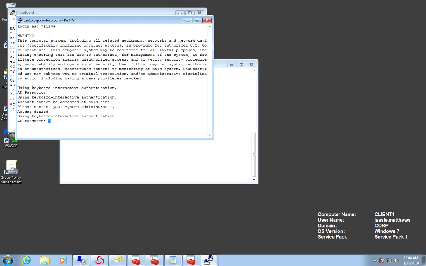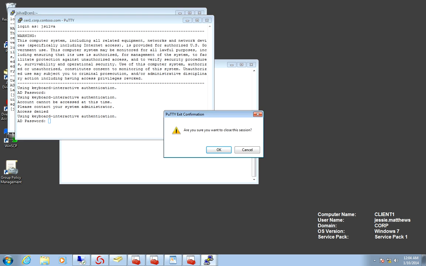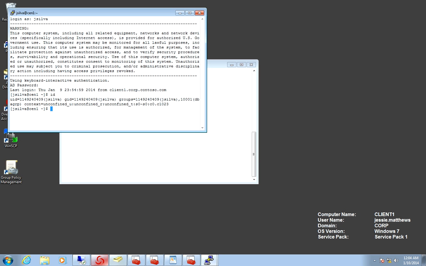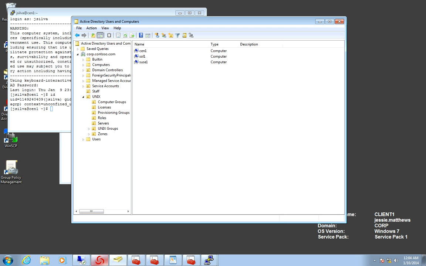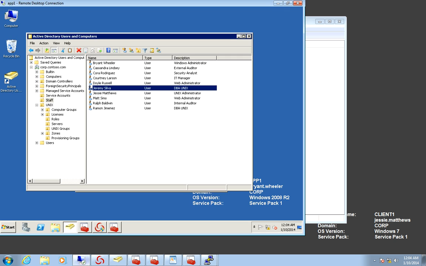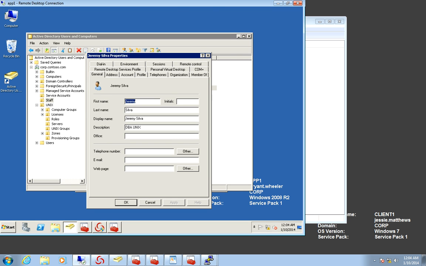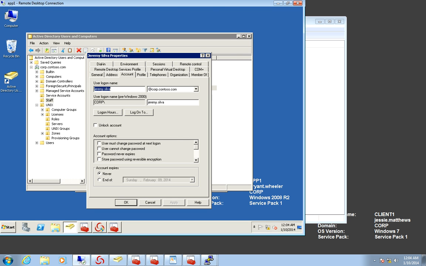Notice that it says, hey, your account is not accessible at this time. This is because the account is disabled. So all the administrative constraints that you can have in AD, like for example, when we look at an account, we can basically control what are the hours that the person can log in, what computers they can log in from, if the account expired. So all that